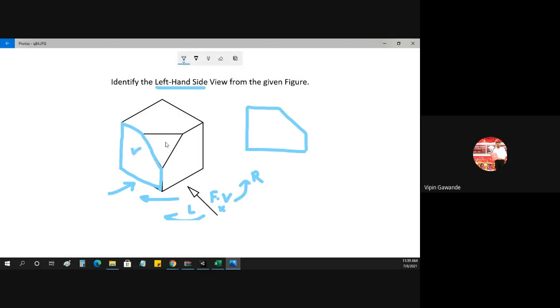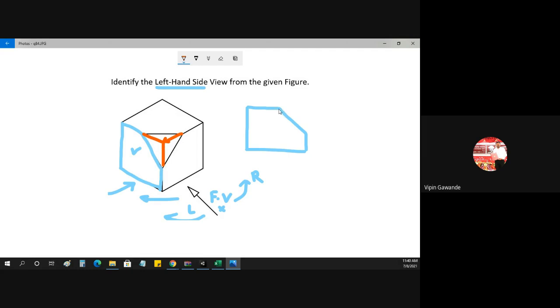Now what about the second part? Whenever you have an inclined surface, you just make it straight. You have to bring this point forward. This inclined surface then becomes a vertical surface. So whenever an inclined surface is there, you make it vertical.